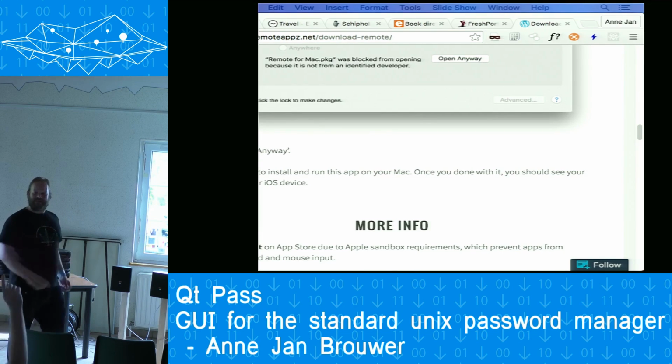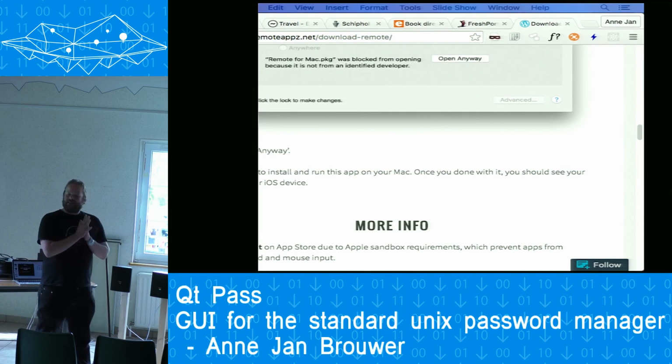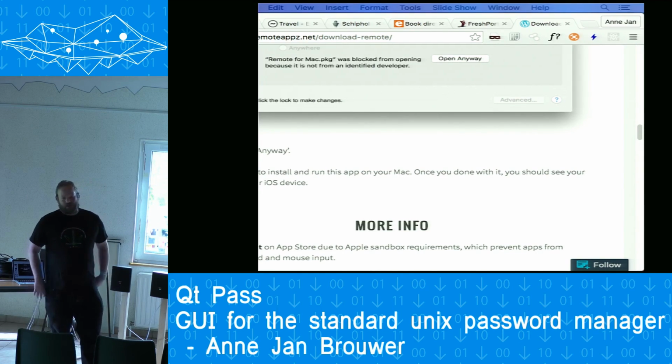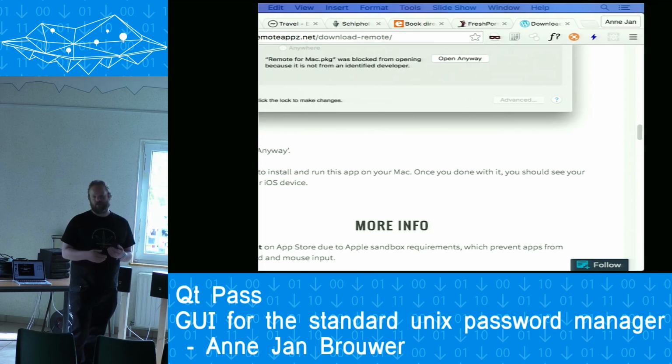Any questions? Yes? Do you have a plan or idea for an audit, like who accessed which password, when was the password changed? We have been thinking about it, but the current backend doesn't really support that. The whole idea with Pass is that you have a Git repository which you share with people, and then per file or per folder you can set for whom it should be encrypted to with GPG.